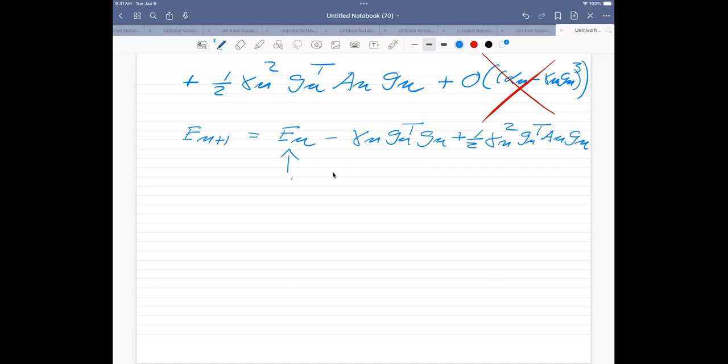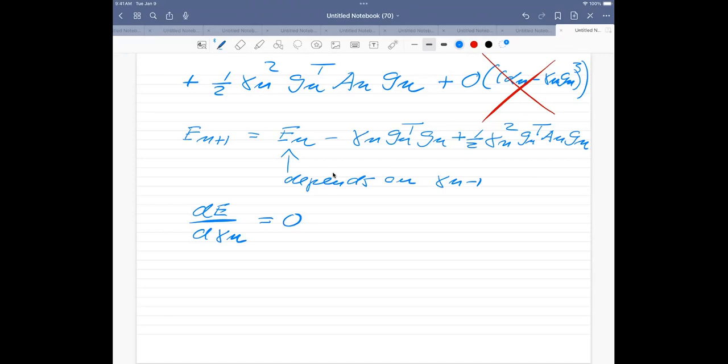Now, this depends only on the previous values. So what I'm going to do now is simply calculate the derivative dE over d gamma of n,